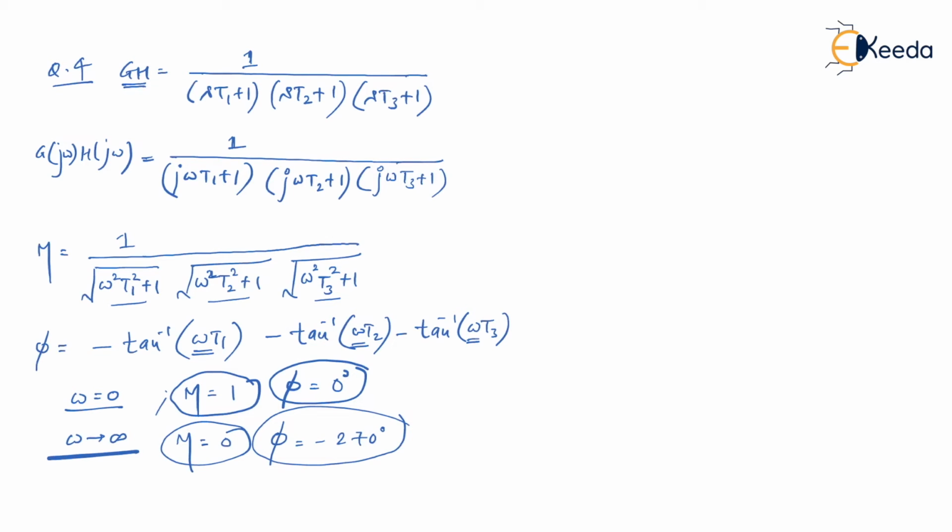Very simple. Now let me draw a GH plane here. Let me show you the initial angle, which is 0 degree, and you should know this is minus 90 degree, this is minus 270 degree. Now look at the first value, which is magnitude 1 and angle 0. Then the magnitude is 0 and the angle is minus 270 degree. So you have to come to this vicinity of minus 270 degree. This is nothing but magnitude equal to 0.